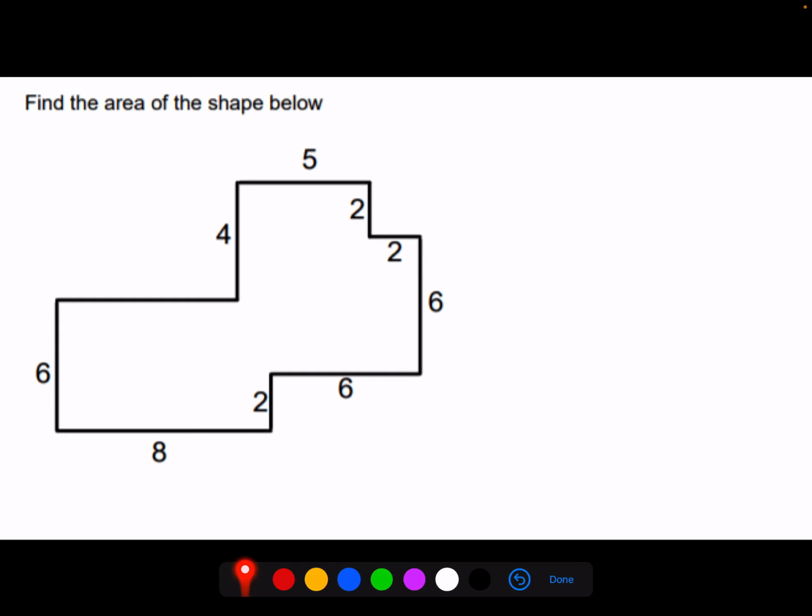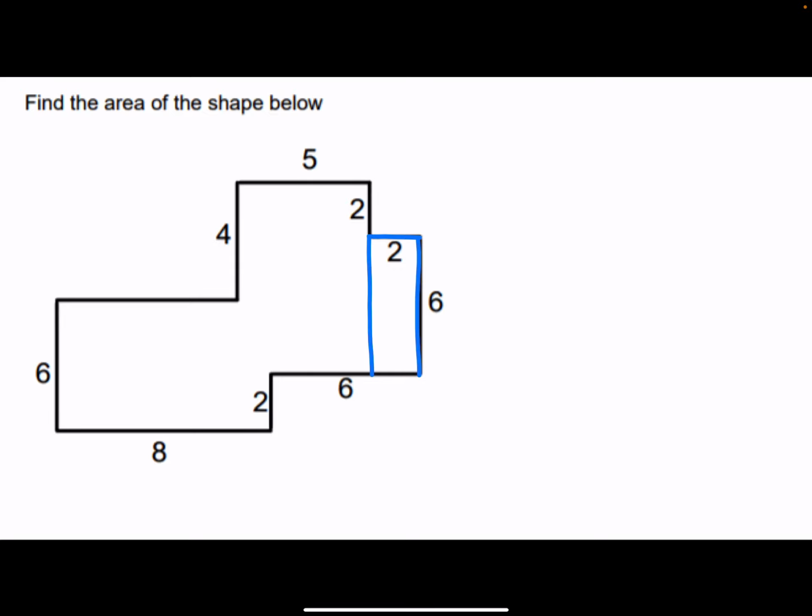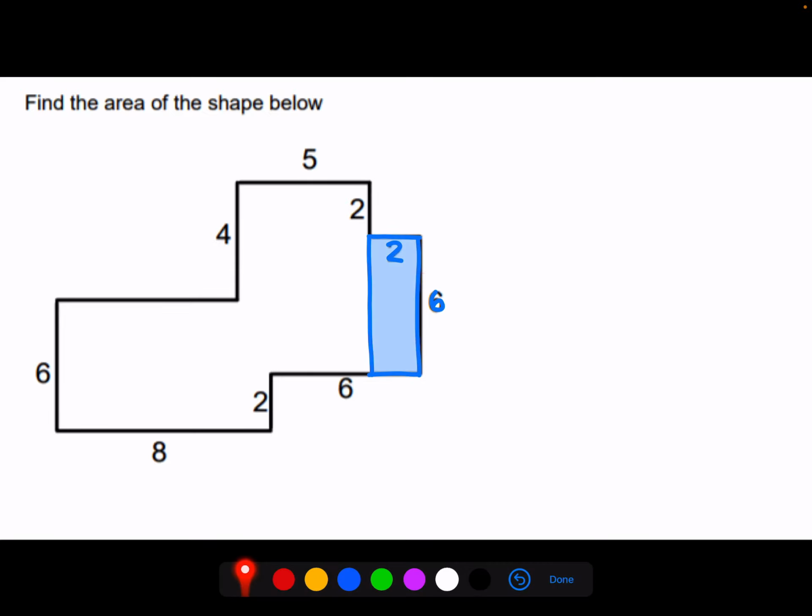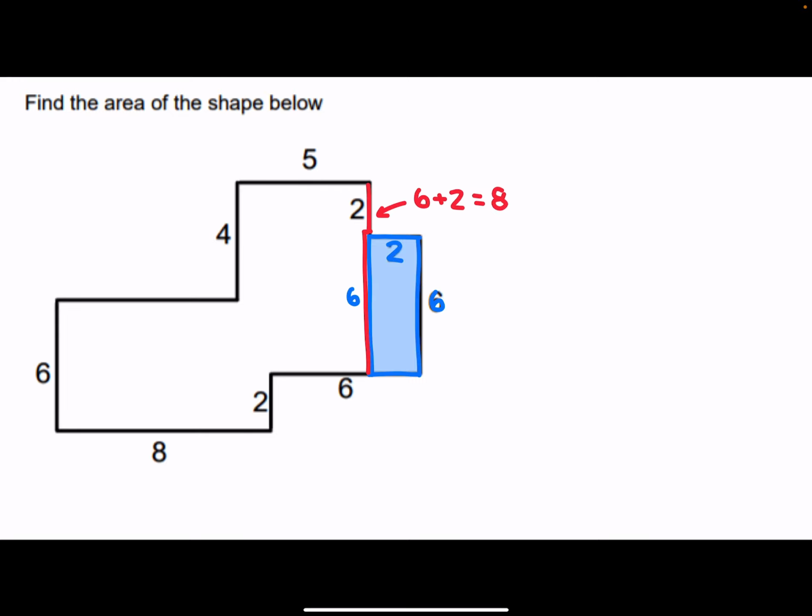Now, looking at this shape, it doesn't look like a shape that we've dealt with yet. So what I'm going to do is I'm going to cut this shape into pieces, into shapes that I do know how to deal with. So I'm just going to cut these into rectangles. So I draw an auxiliary line in, and that creates my first rectangle that is 6 by 2. If this whole length is 6 down here, and I've used up 2, that means that from here to this point is 4 in length. So I can draw another rectangle going straight up here, and that will give me a length of 4,